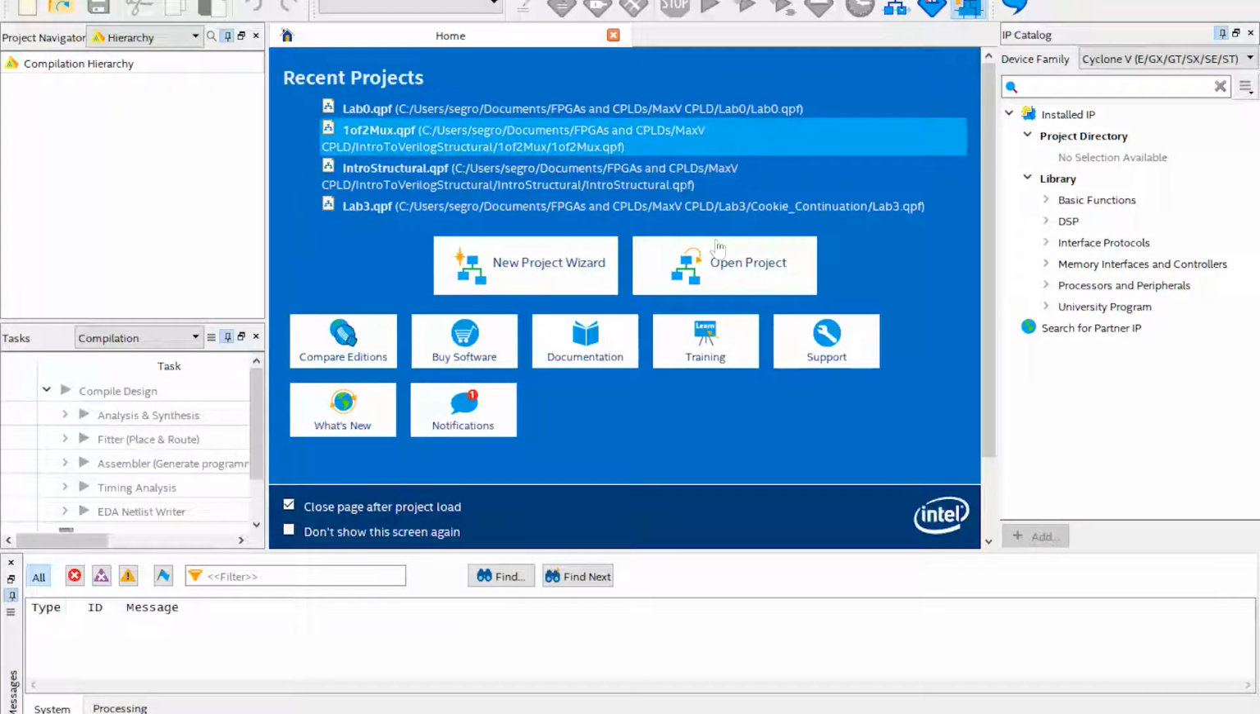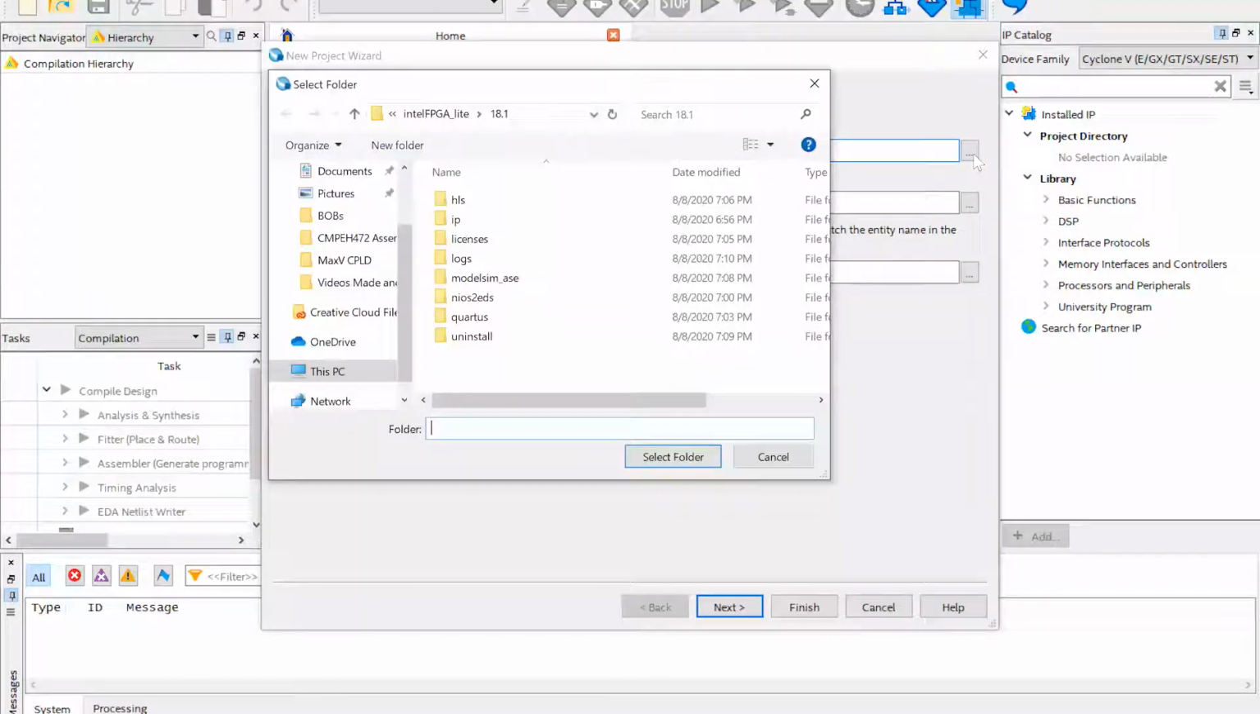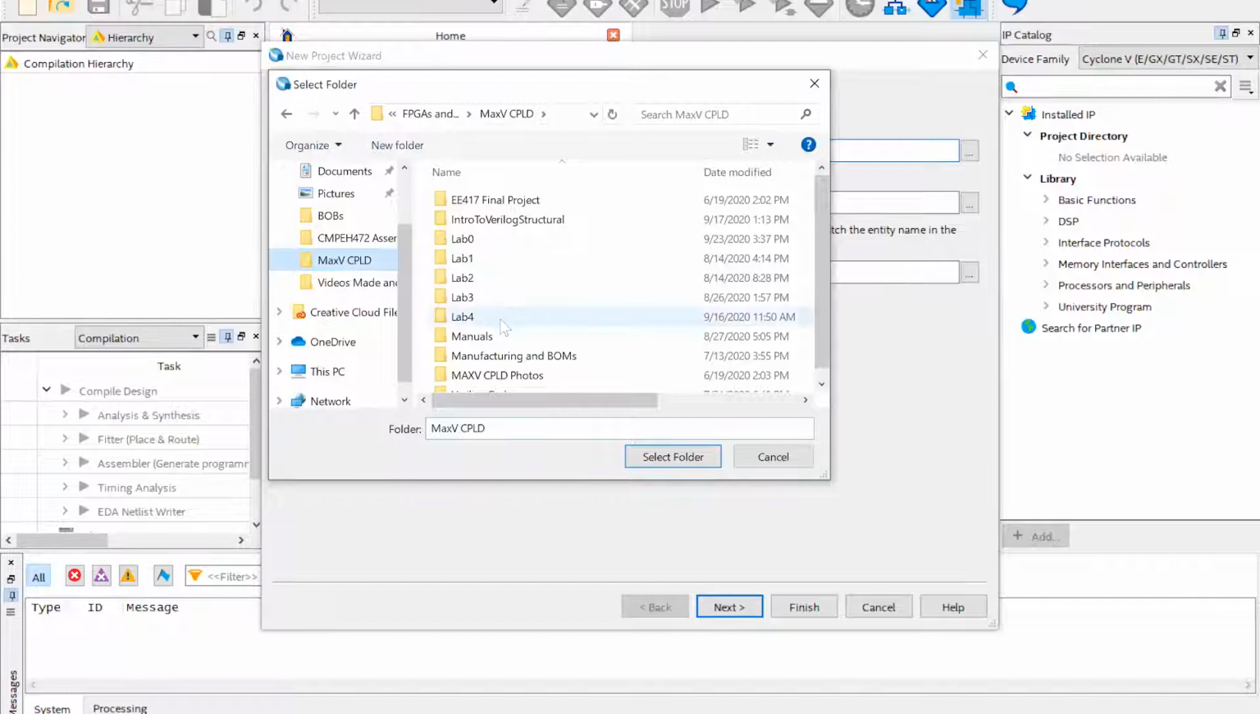So this is roughly what the software will look like when we first open it up. To start a new project, we click, guess what? New project wizard. You can use the default location to save this, but I actually prefer to use my own. So I keep it in here, and